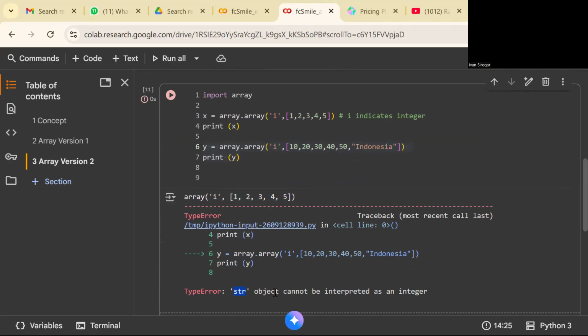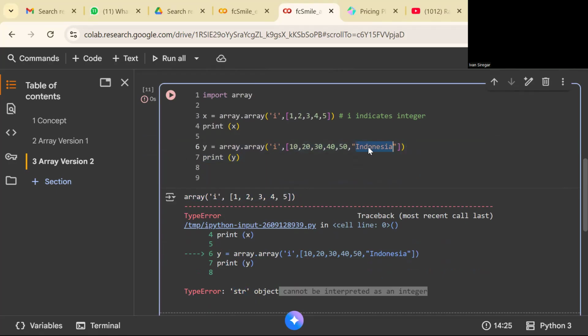for the string object cannot be interpreted as an integer. Why? Because we put str here. Yeah, str for the string. However, we already defined here that all of the components are I. It means the integer. So Indonesia or whatever string cannot be kept.